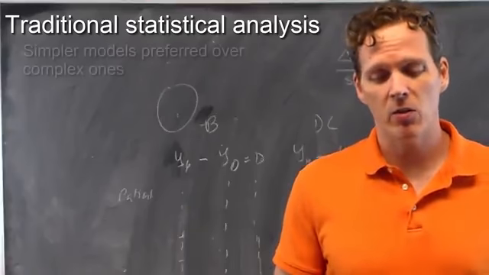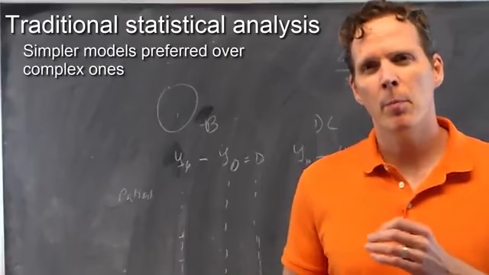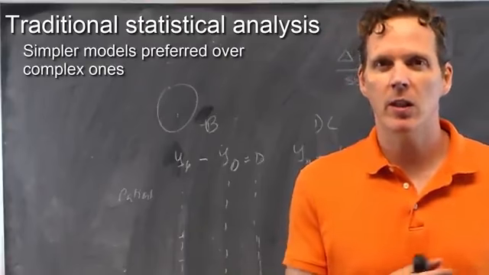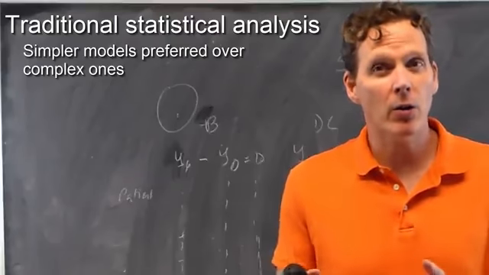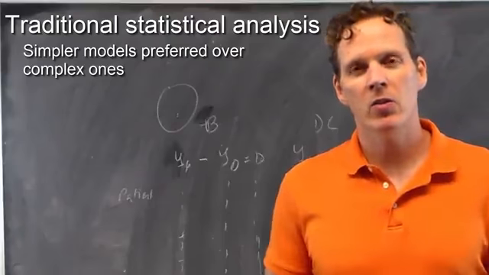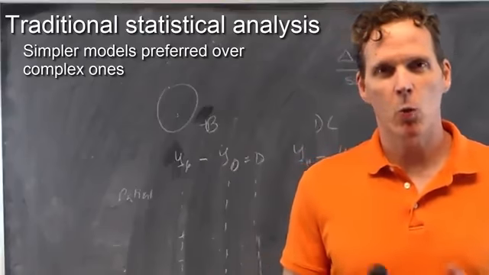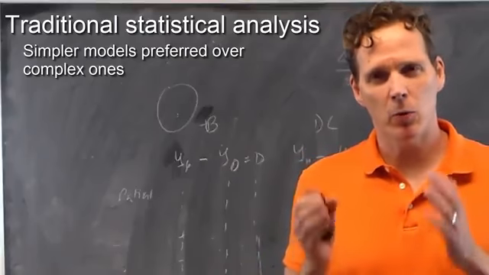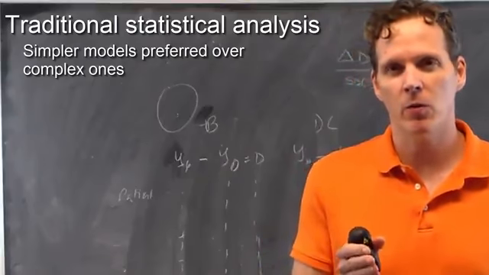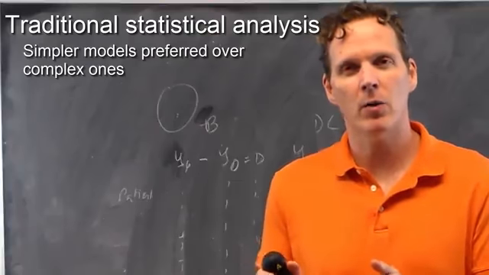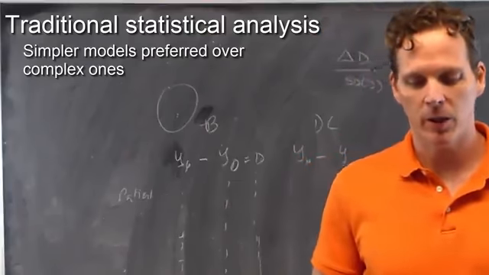Traditional statistics tends to focus on simpler models over complex ones and tends to put a higher penalty on complexity than a machine learning algorithm does. In fact, the idea of a model seems already simpler than the idea of an algorithm, right? Just the words themselves, when I give you the word algorithm, it conjures up an image of something that's far more complex than the idea of a model. The idea of a model is a simplified version of something that's complicated.